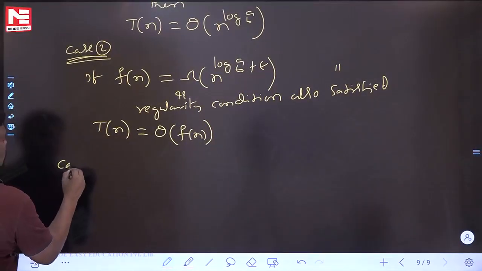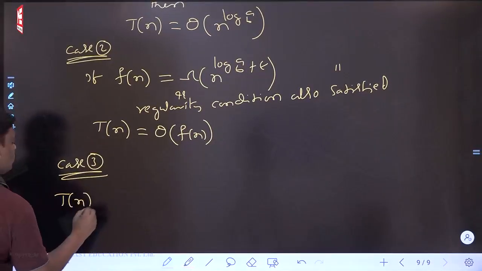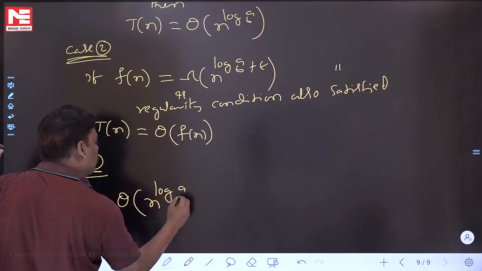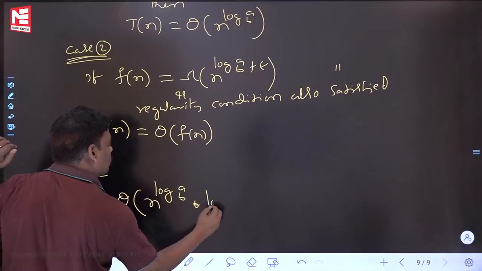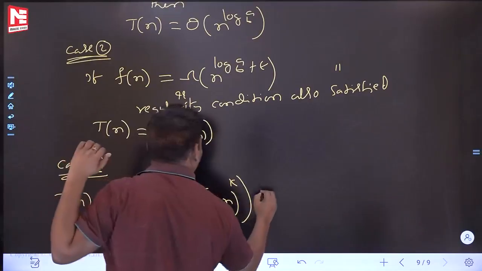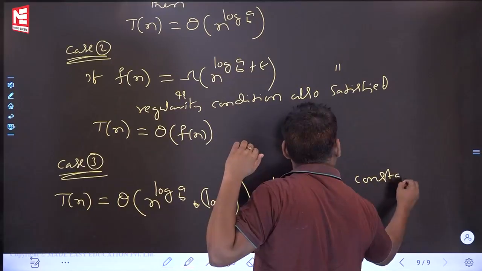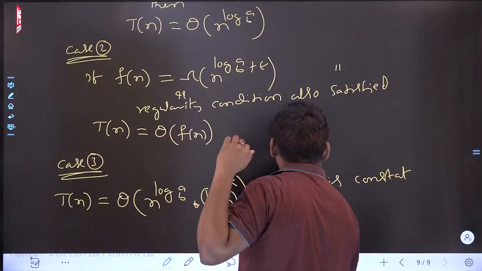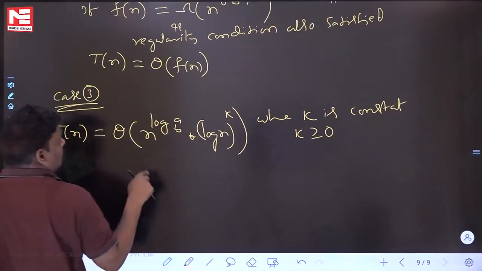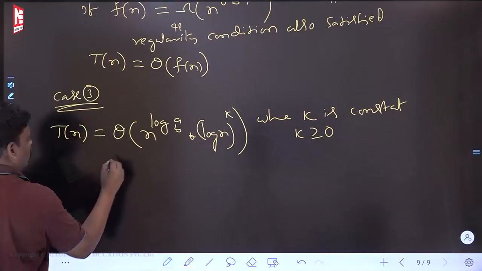See the case 3 of the master theorem. Tn is equal to theta of n power log a base b into log n whole power k, where k is constant, k greater than or equal to 0. Case 3 of the master theorem, Tn is equal to theta of n power log a base b into log n whole power k, where k is constant. Then